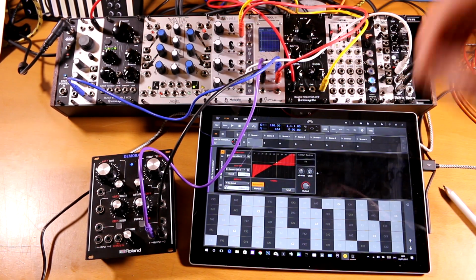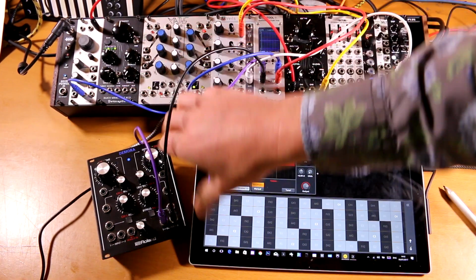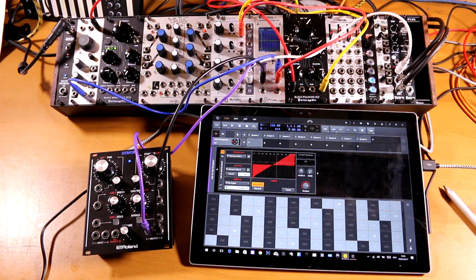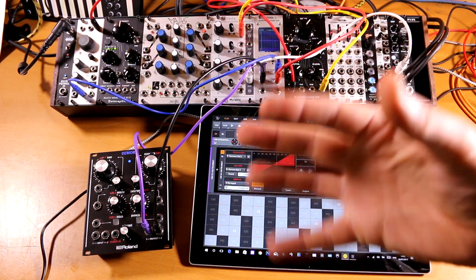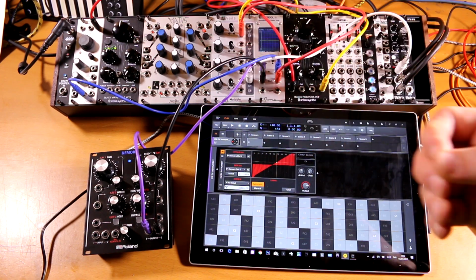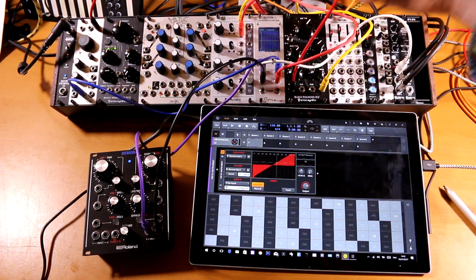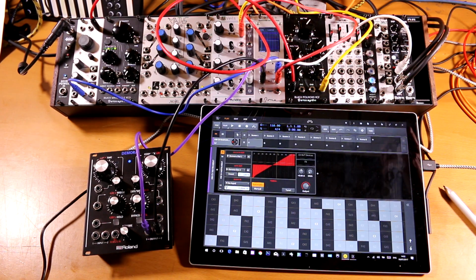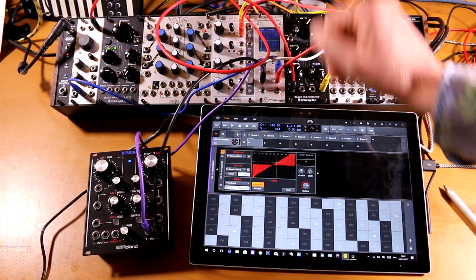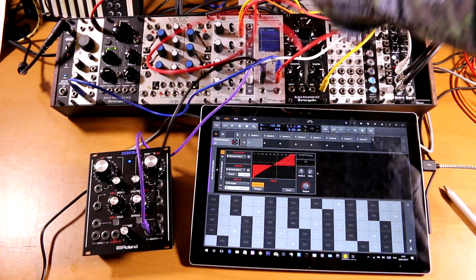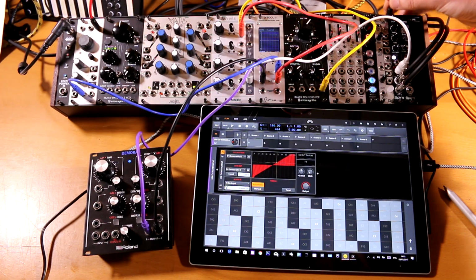But let's just continue. What you need to do, what needs to happen, is that you need to take the output from the oscillator into the Bitwig device. That way it can sort of pitch detect the incoming signal and tune itself against it. Does that make sense? So to do that, and to be able to hear the oscillator at the same time, the only solution I can think of is that you need to put it through a mult. So I'm going to take the output of my oscillator, stick it into my mult over here,